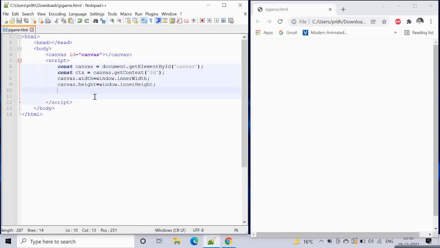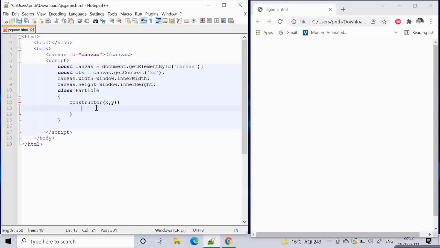So, class Particle. We will declare a single particle. How to do that? A constructor. Inside the constructor we will give an x and a y value, so this.x equals x, this.y equals y.